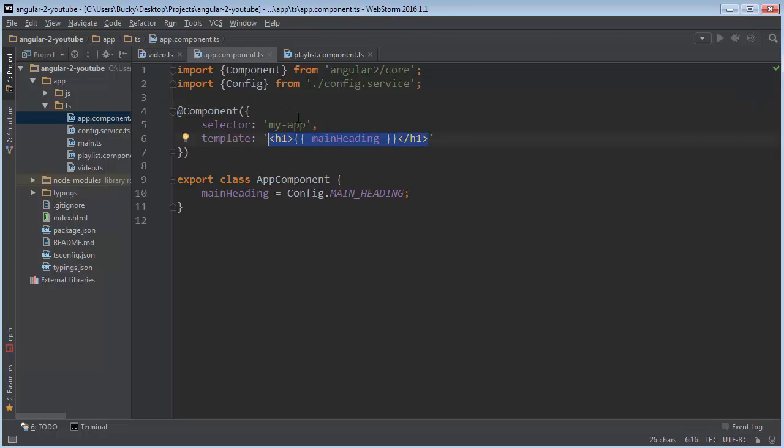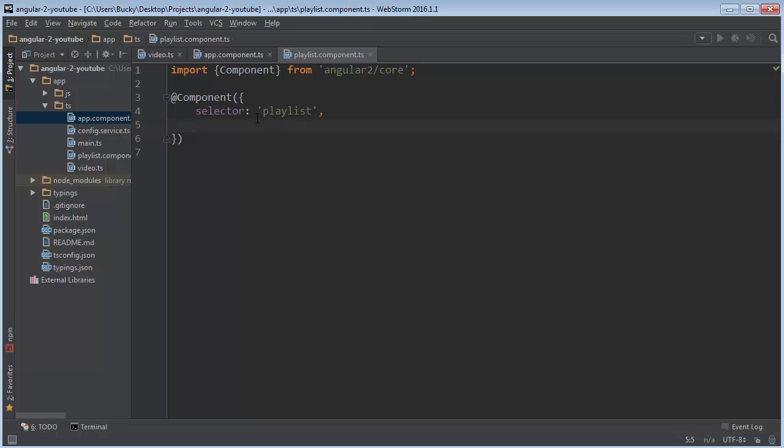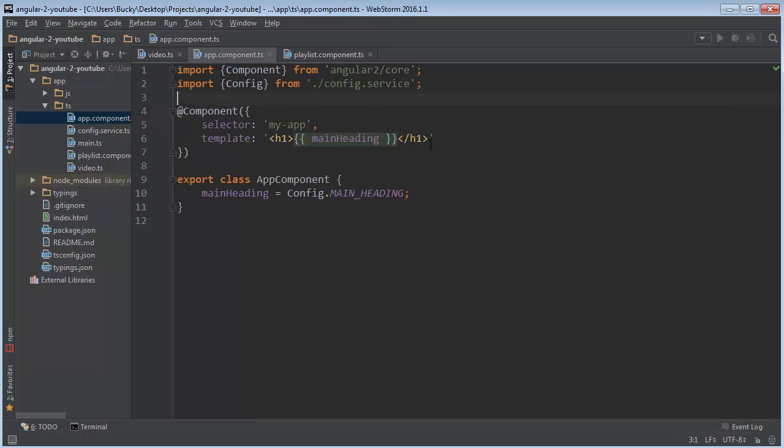Because think about this, right now we just have a heading. I mean, not really that difficult, but what happens when we make this playlist? We're probably going to need some divs, some spans. We're probably going to need to embed that video. So if we have a ton of HTML right here, then it's just going to get all cluttered up